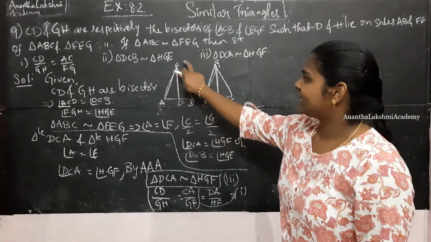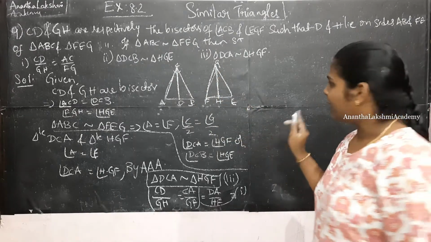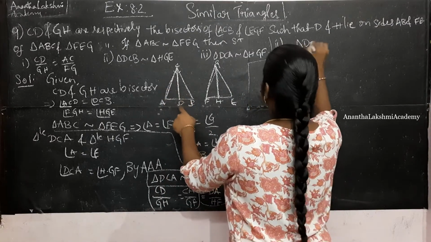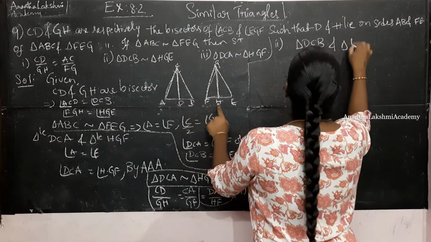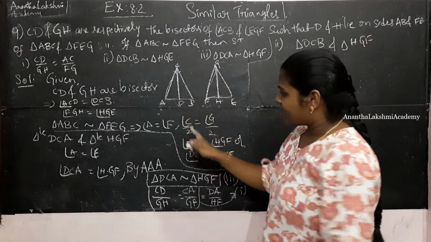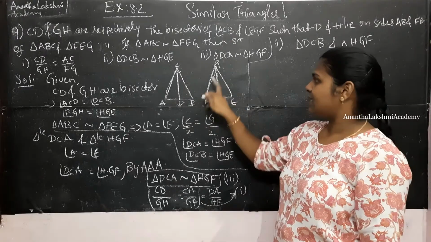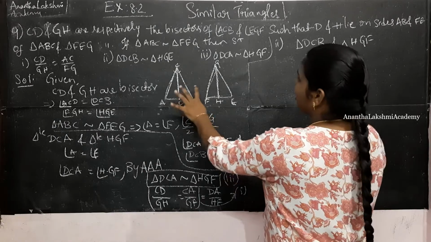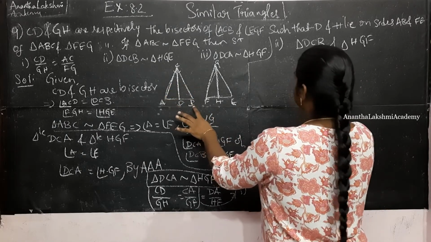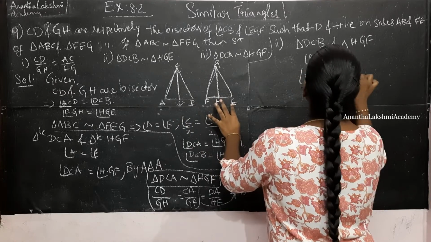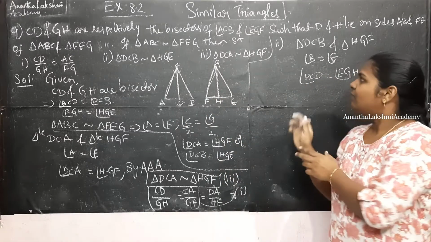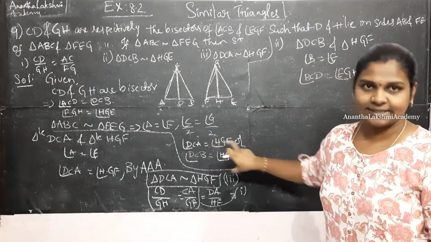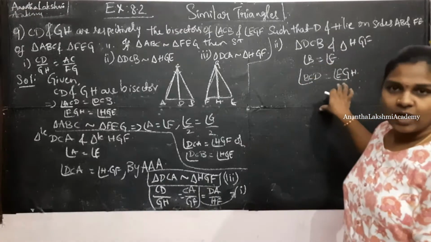Now we have to look at triangle DCB and triangle HGE. Okay, now I am going to solve for the second bit, wherein consider triangle DCB and triangle HGE. Here, again, as I said, triangle ABC and EFG are similar. The angles, angle B is equal to angle E, and also angle BCD is equal to angle EGH. Isn't it? One we got from ABC similar to FEG, and this is also we got from there itself by bisecting the angles.